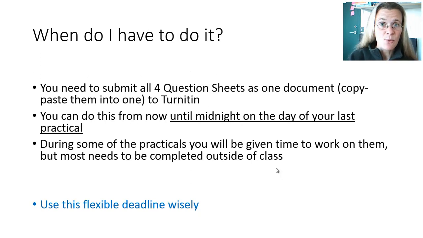When do I have to do it? Well, there's good news there. It's an open-ended thing that runs through the whole semester. You can submit it anytime you like, as long as it's before the last day of your practical. No, before midday, so you've got even longer. So if your last practical is on Monday, the 20th of November, 4 to 6, then you have until midnight on that day to